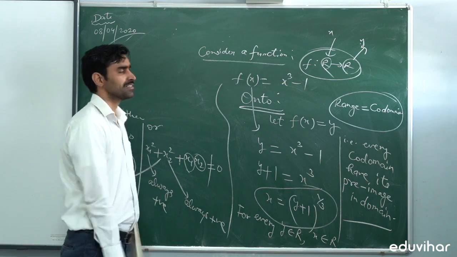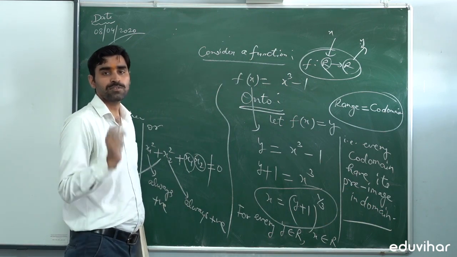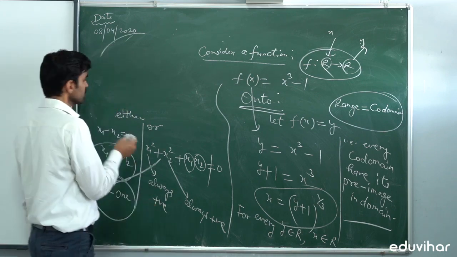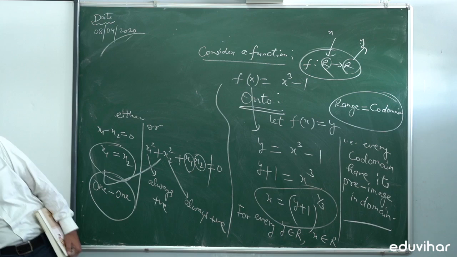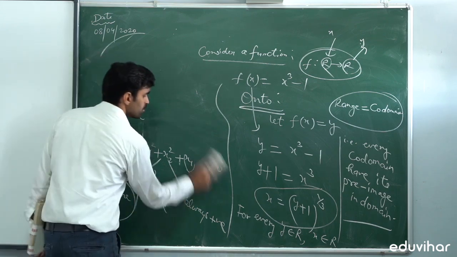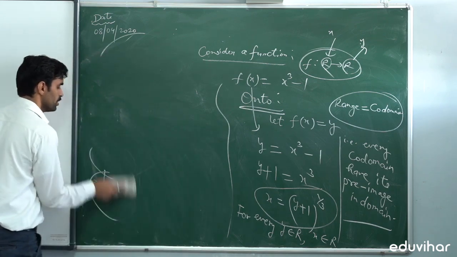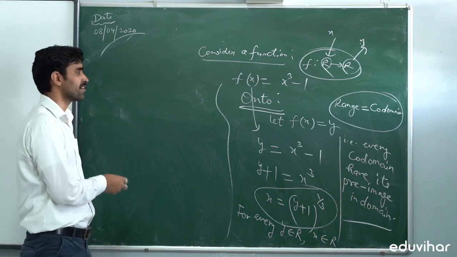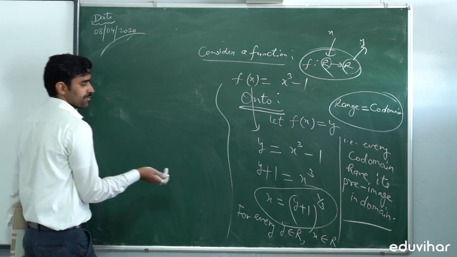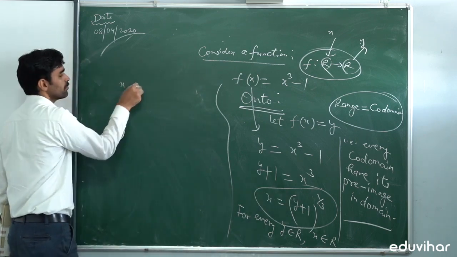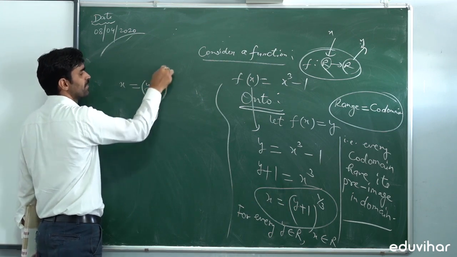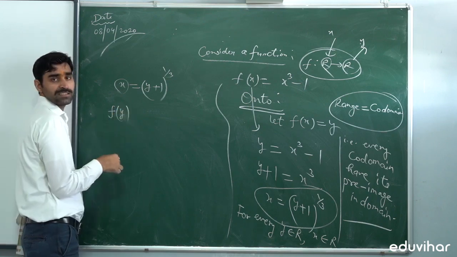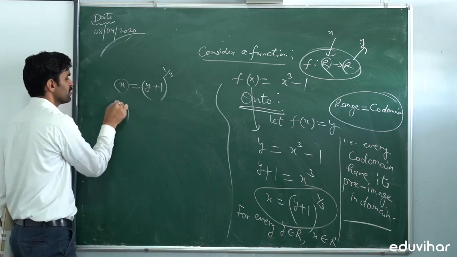If this is so, then this type of function is known as one-one onto, that is its inverse will exist. So the inverse exists here. Why? Because the function is one-one and also onto. If a function is one-one and also onto, then its inverse exists. And if x equal to (y plus 1) whole raised to the power 1 by 3, then this x is a function of y, that is x is f inverse y.